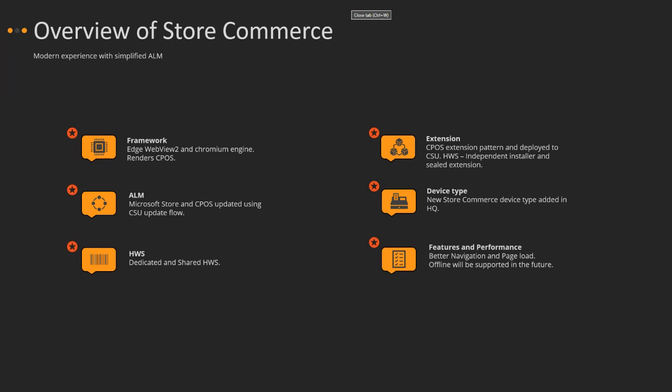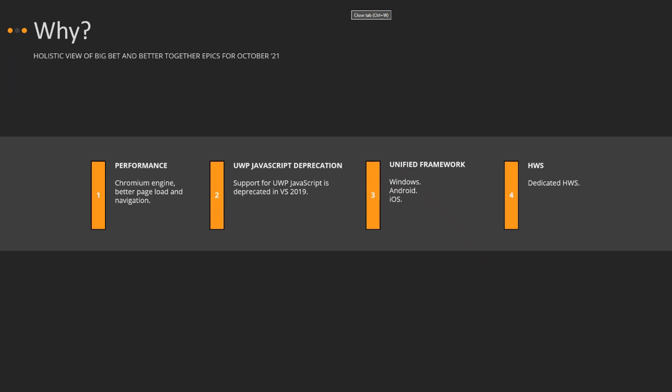Okay, that's a quick overview about the store commerce. Next I will talk about why we added yet another app, right? Because we already have modern point of sale, cloud point of sale, and then iOS and Android. So why is there yet another new app? Think of this as an additional app, a new app with a lot of additional benefits, because we